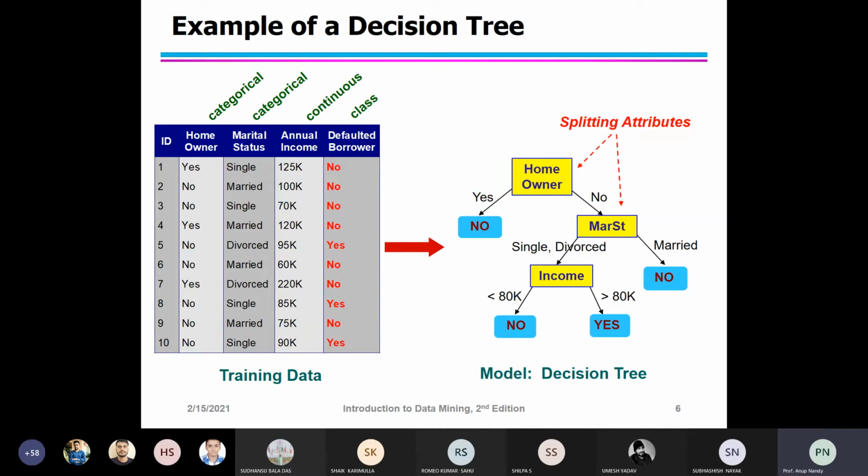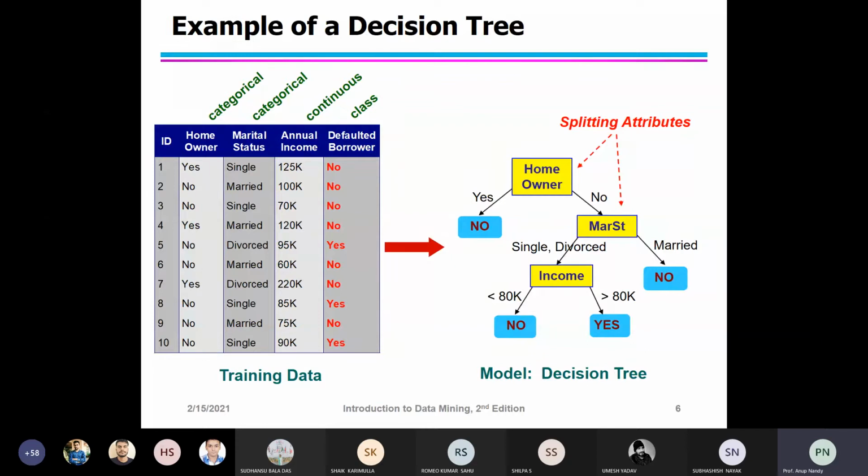Now how to build a decision tree? The question comes, how to build a decision tree. In principle, there are exponentially many decision trees which can be constructed from a given set of attributes. In the training set, the records are being captured. Based on these training sets, you can grow exponentially many decision trees.